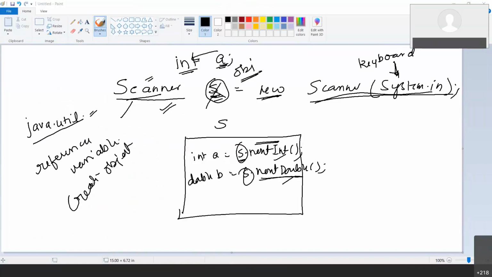Okay, what we did, we said Celsius is equal to input.nextDouble(). This allowed us to accept a double value. Now what do you mean by double? Integer takes only the whole number, that is positive integer, negative integer along with the 0. What if I want to enter something like 45.23 or the value of pi, 3.14? If I want to enter a number with decimal places, then what should I use? I use something called a double. So this is the data type and hence I have to use a function called nextDouble.